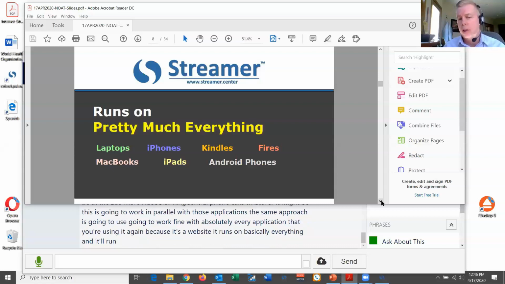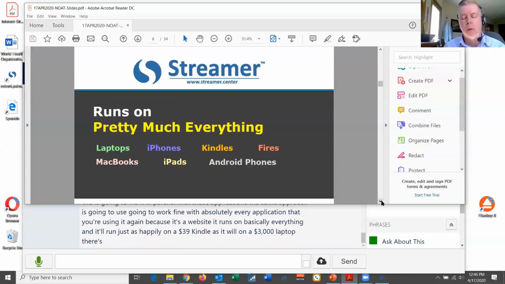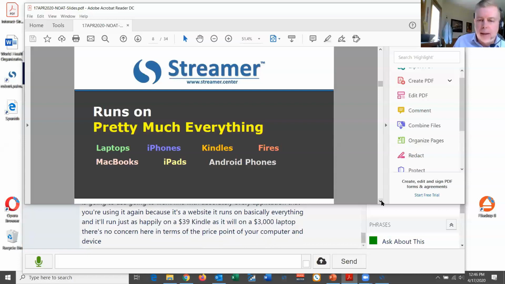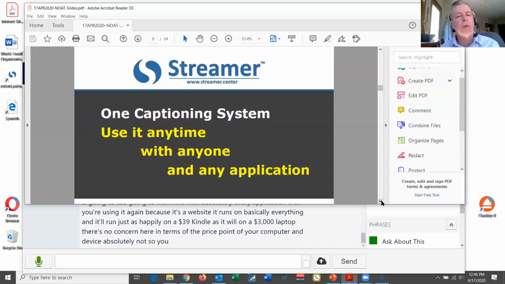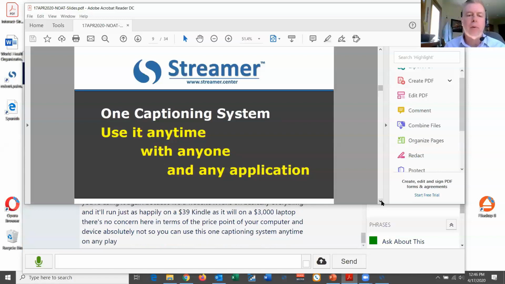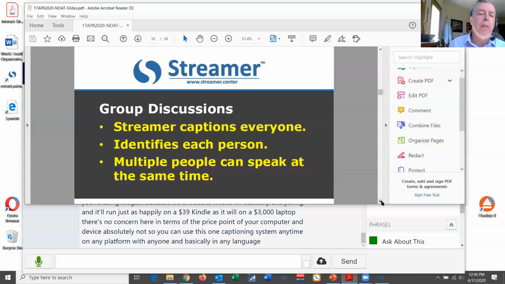And it'll run just as happily on a $39 Kindle as it will on a $3,000 laptop. There's no concern here in terms of the price point of your computing device. Absolutely none. So you can use this one captioning system anytime on any platform with anyone and basically in any language.